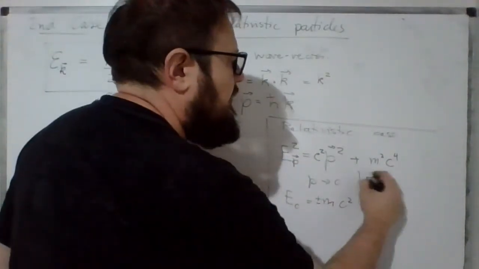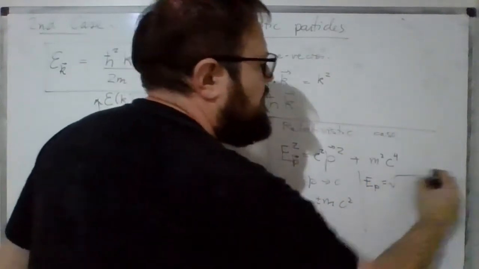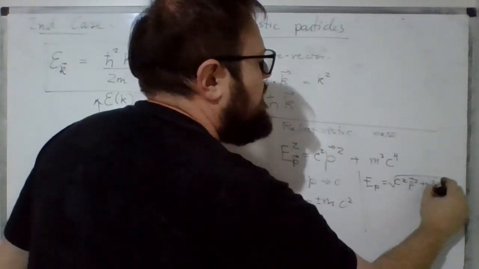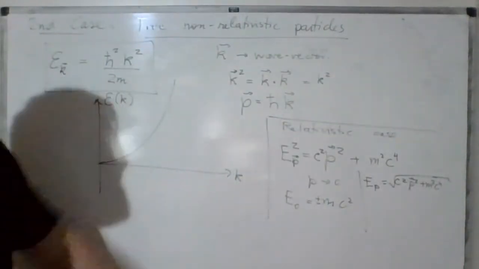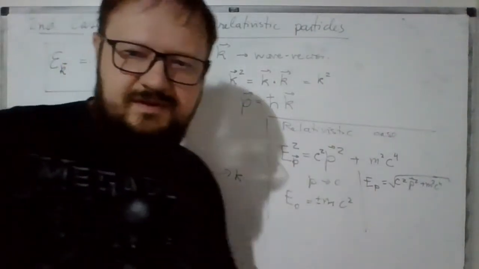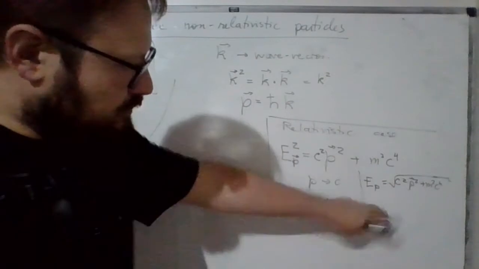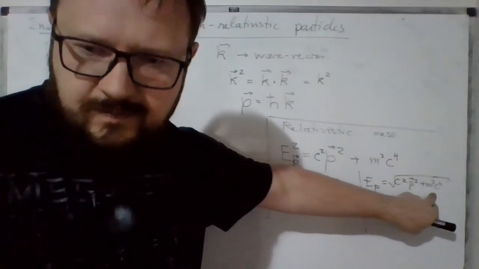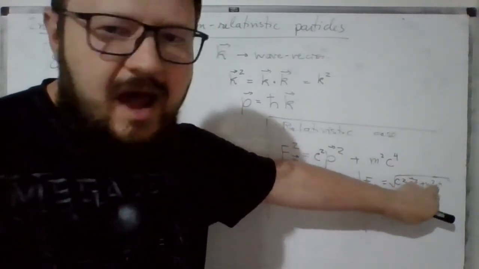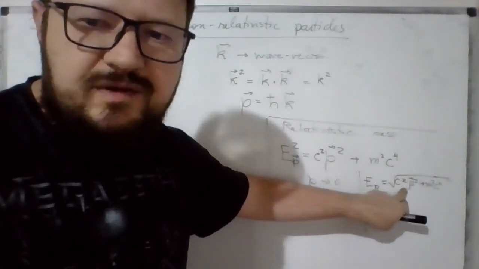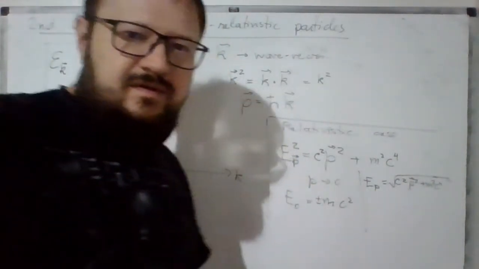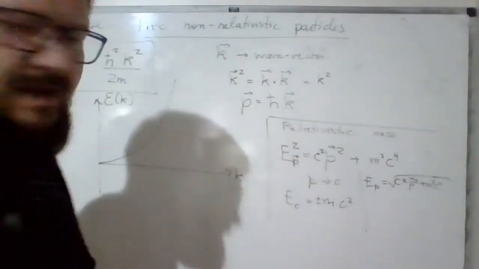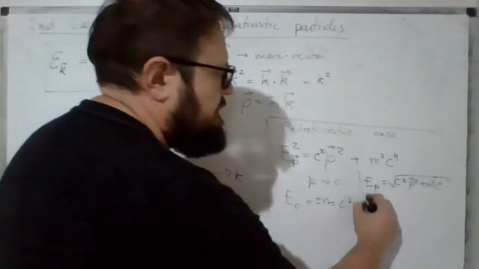So you have an energy corresponding to c squared p squared plus m squared c to the fourth, using all the units here of the international system. And if you consider that the rest mass of your particle is very large compared to the kinetic energy, which is usually the case for the non-relativistic situation, which is the approximation of non-relativistic mechanics, you can just write here